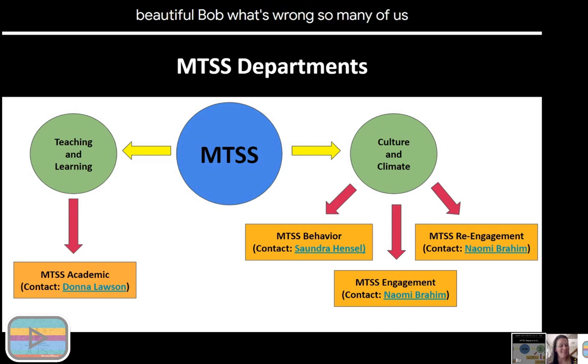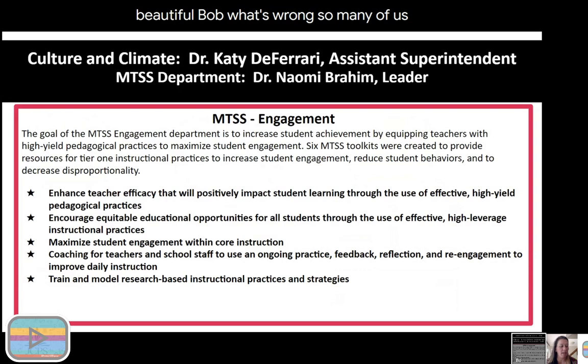And then the MTSS re-engagement department is led by Naomi Brahim, which supports students who are transitioning back into their home schools from our special schools, such as Minor Daniels Academy and Breckenridge Metro. That leads us to the MTSS engagement department, which our goal is to increase student achievement by equipping